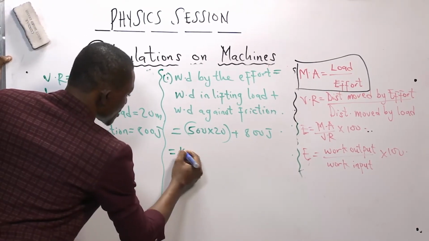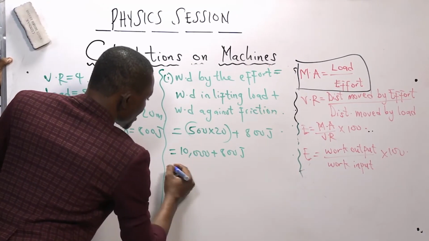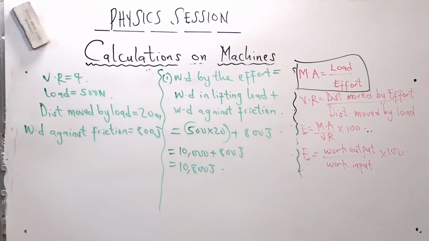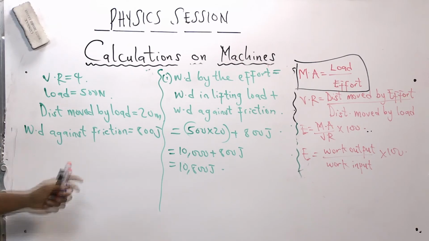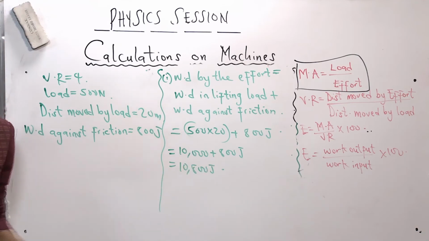And that gives us 10,000 plus 800 joules, which is going to give us 10,800 joules. So the work done by the effort is equal to 10,800 joules. And don't forget that the work done in lifting the load is 500 times 20, which is 10,000. So the next question tells us to calculate